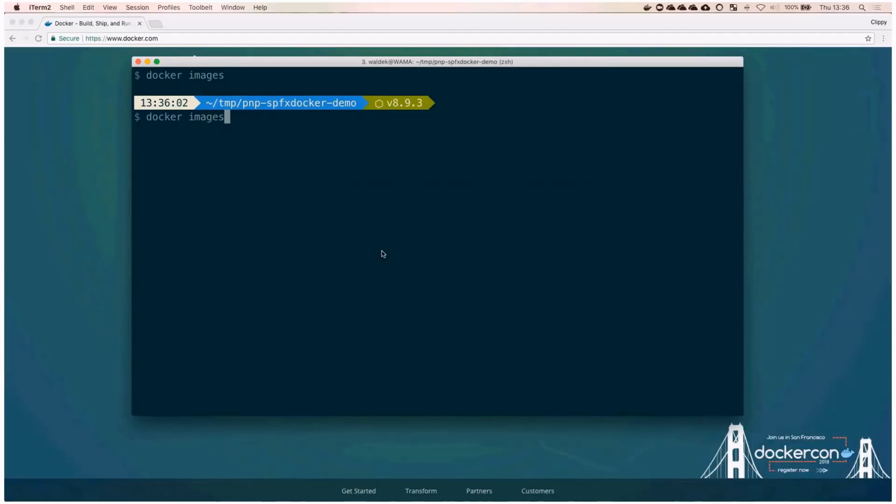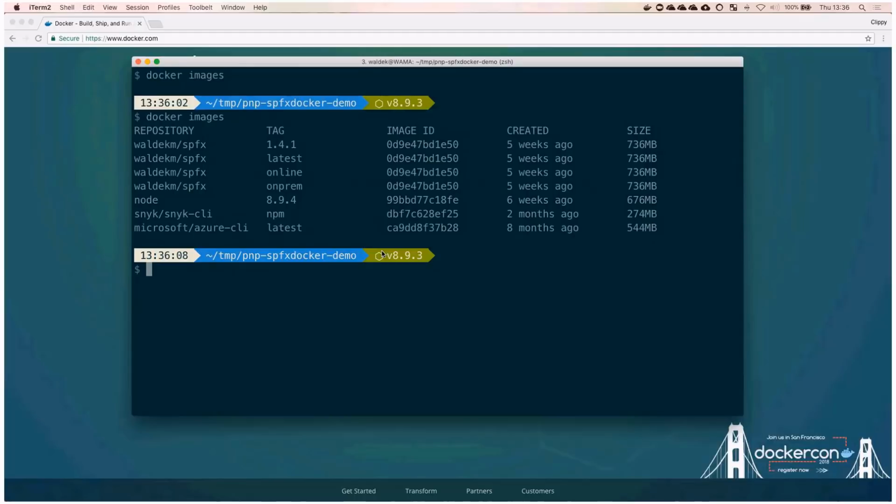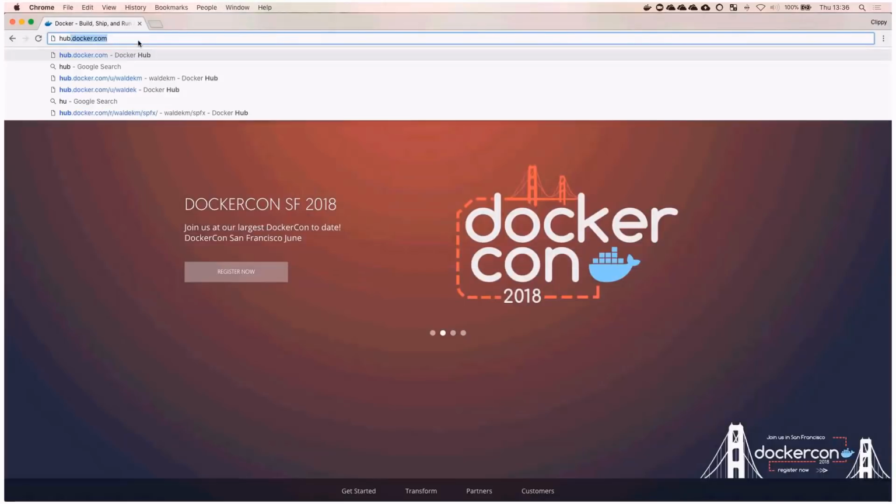Okay. So with that, you will be able to see the list of all images that you have. And if you run it initially, the list will be empty, obviously. But in my case, you can see that I already have a few images. Imagine that you wanted to run it first time, and you don't have anything. What you can do is go to